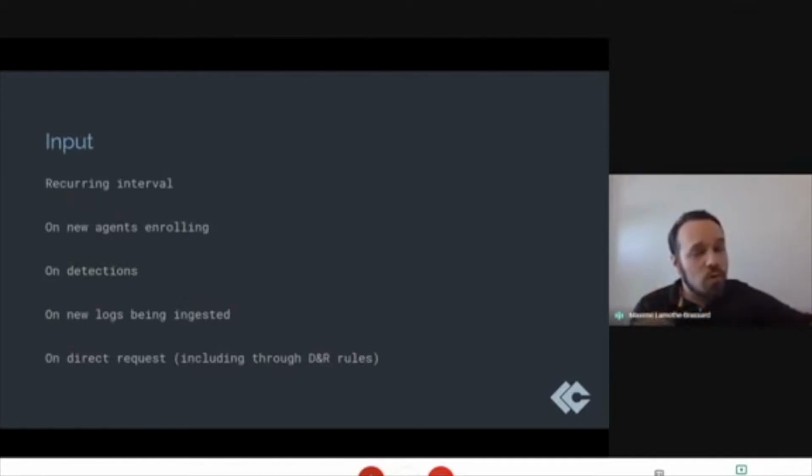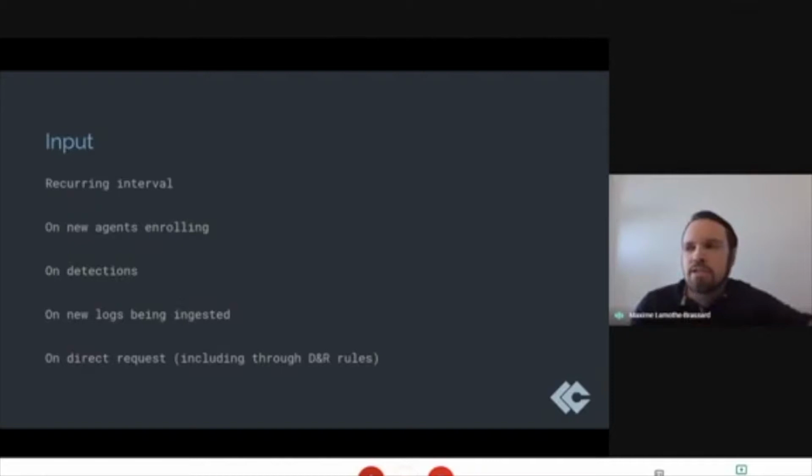You can do the same for organization level. So if you have 100 different organizations that are subscribing to your service, you can get notified in a very clean way. There's lifecycle stuff. So new agents enrolling, for example. It's pretty common for a service to need to know, hey, there's a new agent coming online in one of the organizations. So for you to get that notification.